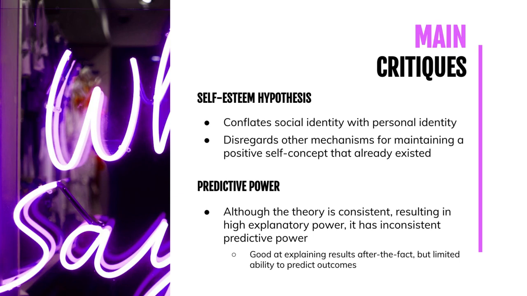I would say some use it as a way to predict. They claim that it can predict behavior. But as long as you're not claiming that its utility is in predicting behavior, then I think it's still a good tool for examining things retrospectively. And perhaps there's something that could be developed and more finely tuned to address that particular issue of predicting these behavioral outcomes. But social identity theory just isn't well suited for that, at least in its current stage of development.